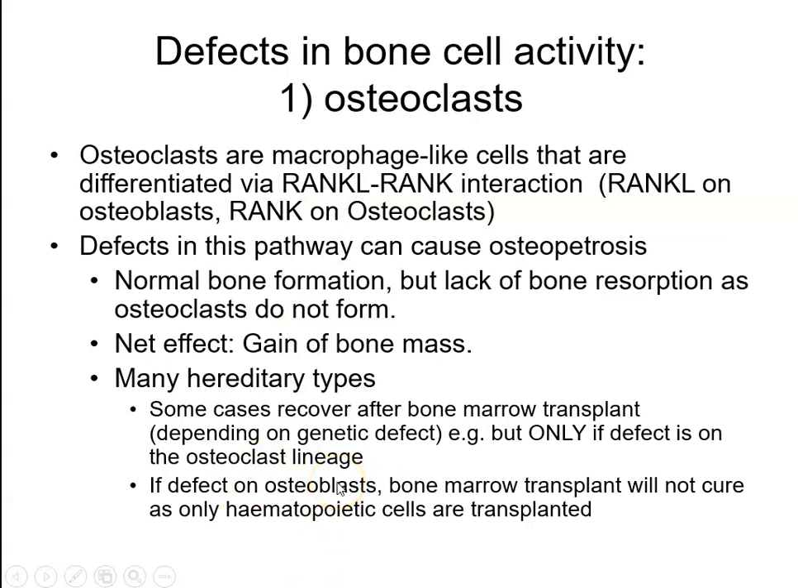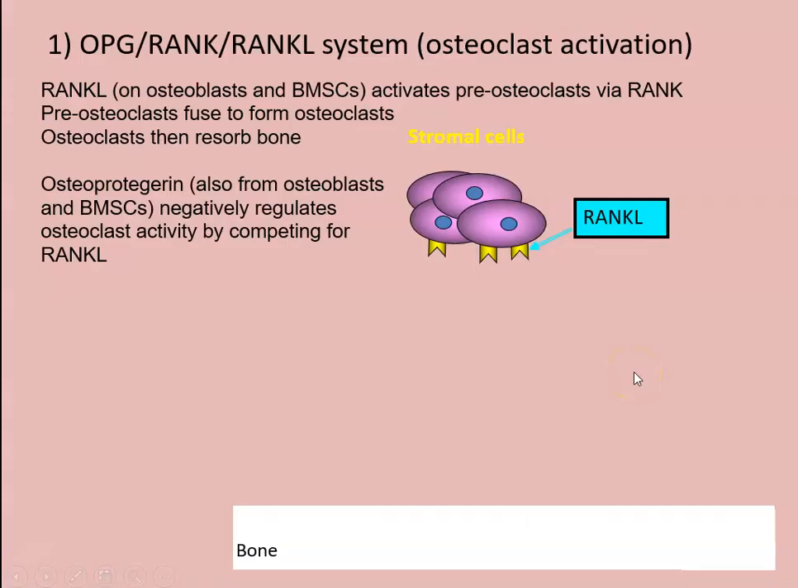this would not work, because the osteoblasts are not replaced in a bone marrow transplant, so you would be replacing the patient's normal haematopoietic cells with more normal haematopoietic cells. You've still got defective osteoblasts, and therefore the transplant would be a waste of time. So it's really important to study these patients and find out the exact cause of their osteopetrosis prior to doing this. So this slide shows the RANK ligand system in osteoclast activation, and there's also OPG, which is another component